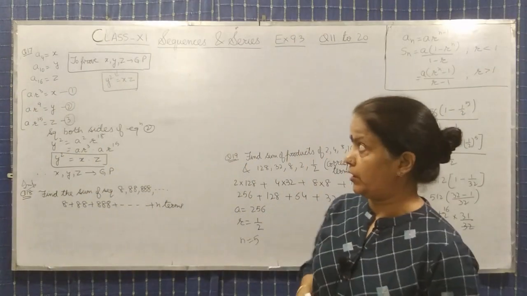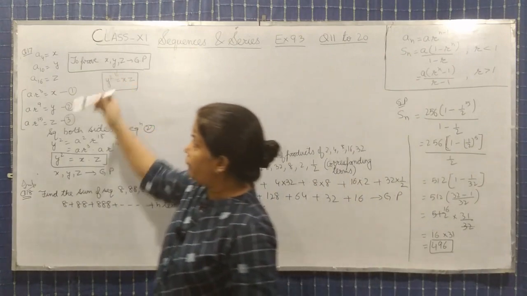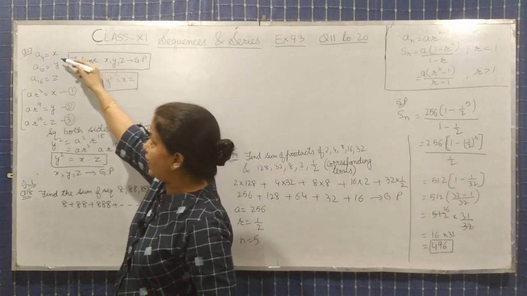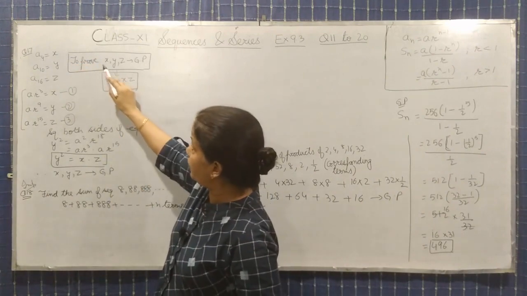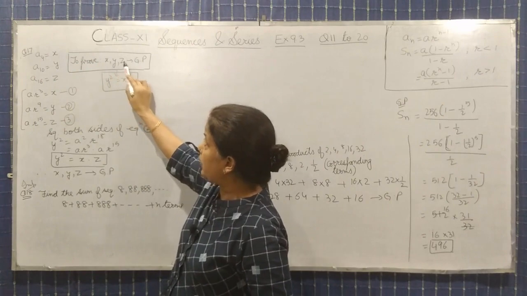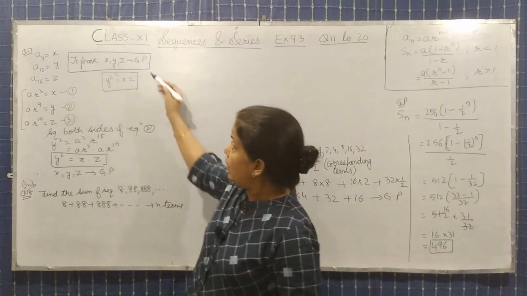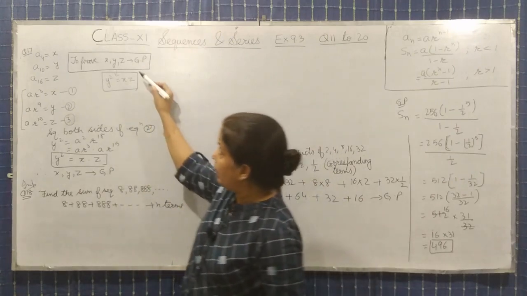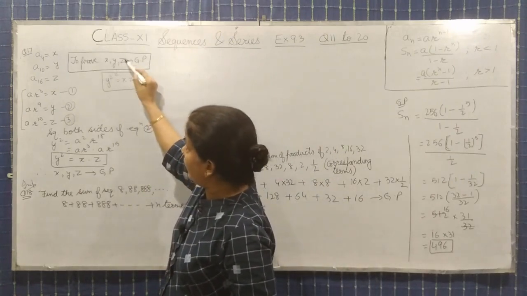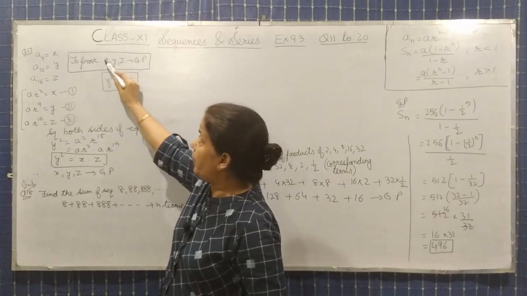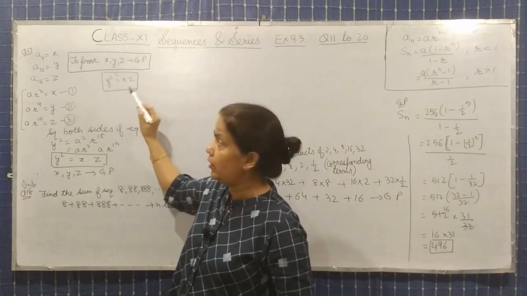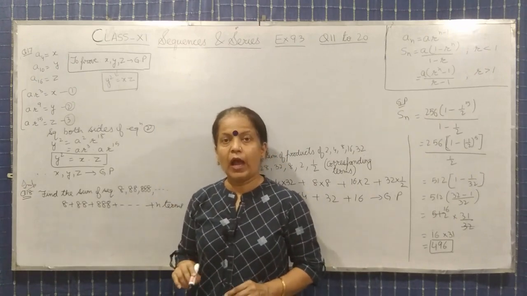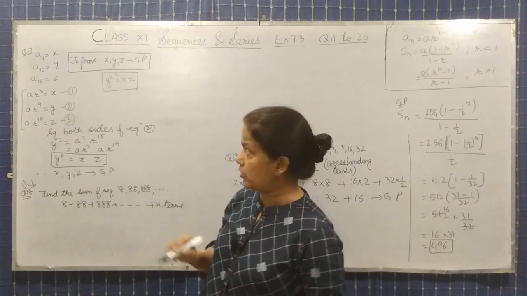Now question 17. Question 17, the 4th term, 10th term and the 16th term are given as x, y, z, and you have to prove that x, y, z are in GP. Okay, so to prove that x, y, z are in GP, we can write y square equal xz, because y upon x should be equal to z upon y. So cross multiply, you will get y square equals xz. If we prove this, we will get the answer.